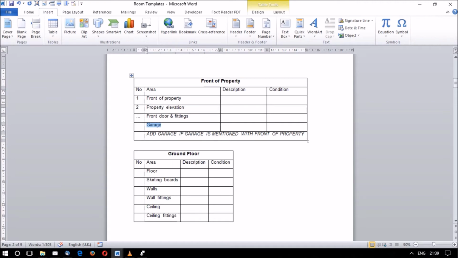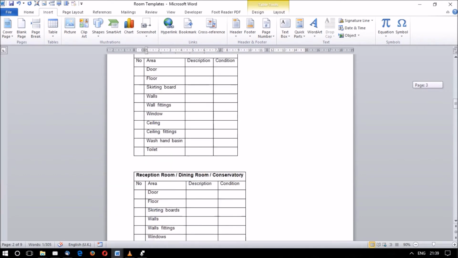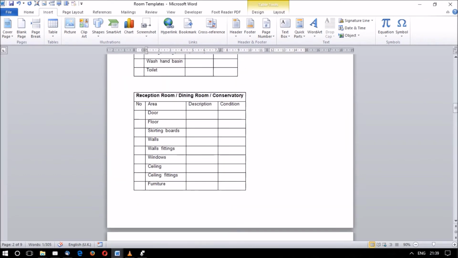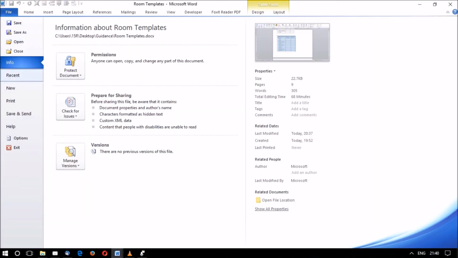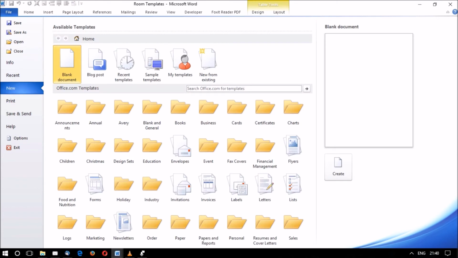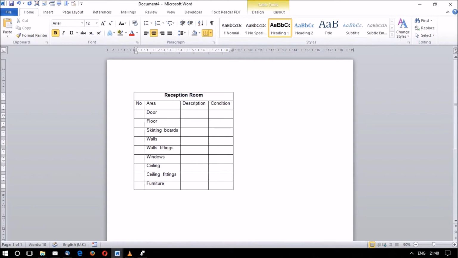Again, ground floor, hallway, WC, these are possible areas or sections that each property might have: a reception, dining room or conservatory. This is just the same template, so one can simply copy paste this. So if you were looking to add a reception room, you copy paste that, and you add a door. Say if it was a wooden